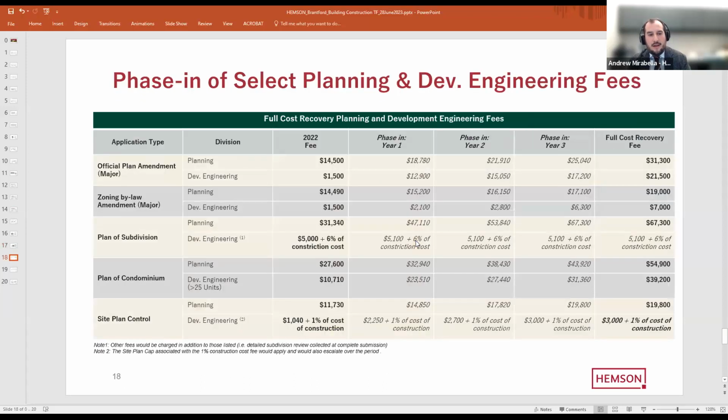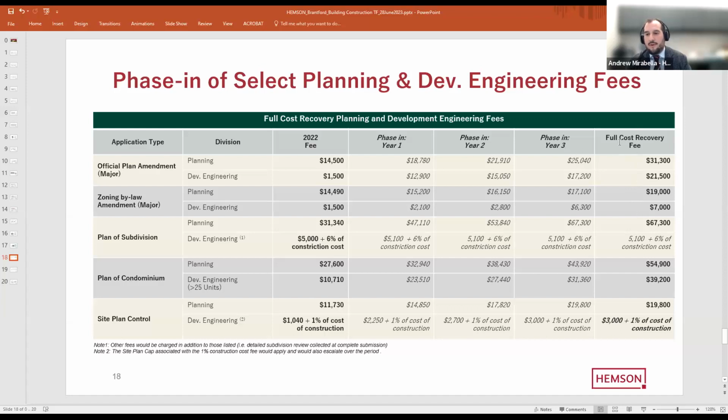So this is just extracting that general graph of our cost recovery, and then pulling that out into the actual fees themselves. And again, the information has been provided, and not to go through the tables in too much detail, but recognizing that, we start off with our 2022 fee, and we see that with the phase in, we incrementally increase the rates over the period. And in instances where we're not at 100% cost recovery and we're achieving 80 or 70%,